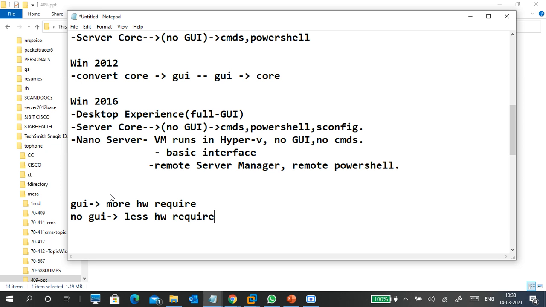For example, I need 4 GB RAM to run the server. Now I need 2 GB RAM to run the server. So how much RAM is required? For that one, 512 MB RAM is enough, minimum. Okay, 512 RAM is enough to run, minimum.